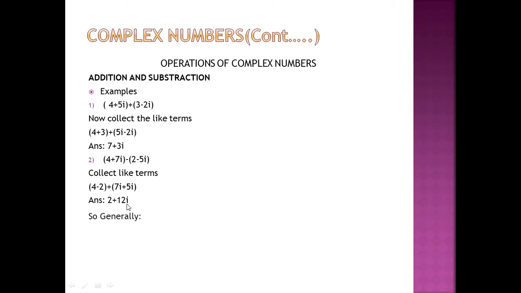Generally, (a plus ib) plus (c plus id) is equal to a plus c plus i(b plus d). Yeah, that's simple addition and subtraction